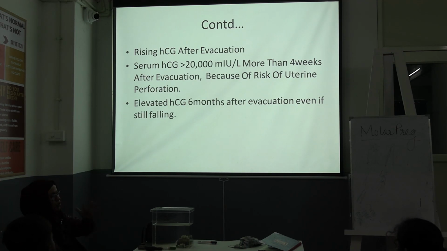In normal partial molar pregnancy, the beta hCG level will go normal in 7 to 8 weeks. In complete molar pregnancy, it will go normal in 9 to 10 weeks. So, will you stop the follow-up after 9 weeks? No. We will do follow-up up to 6 months. Okay. After 6 months, if they are 3 negative, then you can stop the follow-up. But if any positive comes or the level rises, then you will do further investigation or ultrasound to look for the activity of the trophoblastic tissue.